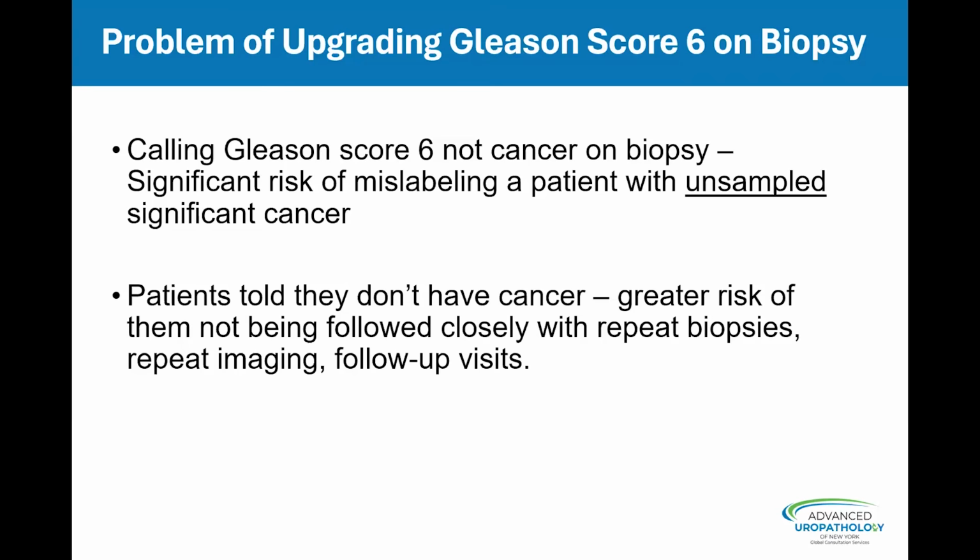So the problem, if you do not call Gleason score 6 cancer, is there's potentially 20% or so of the time, you risk mislabeling a patient who has unsampled more significant cancer. These patients, if we rename Gleason score 6 as not cancer, we would be told they don't have cancer. And in my opinion, there would be a greater risk of them not being followed closely with repeat biopsies, repeat imaging,